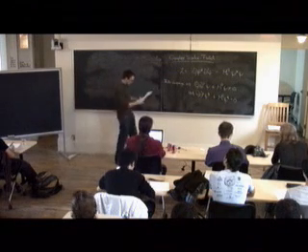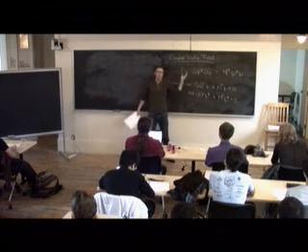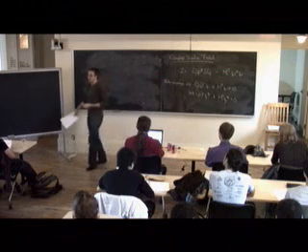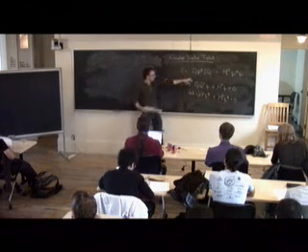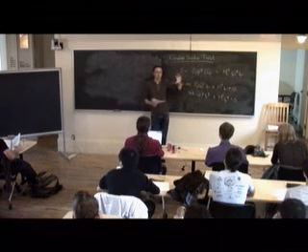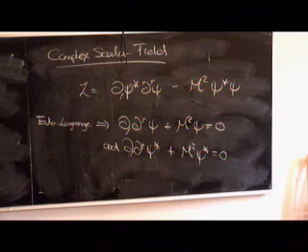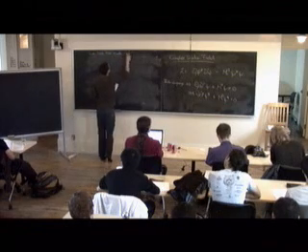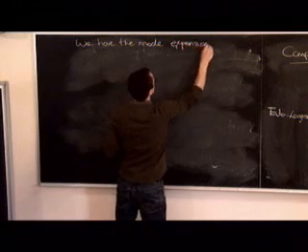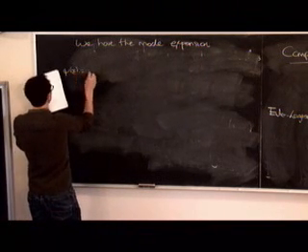Okay, so we want to quantize this in the same way we quantize the real scalar field. What do we do? We write down a mode expansion. So we have the field psi as a function of x, and we're just going to expand it in some Fourier basis. So we have the mode expansion psi of x